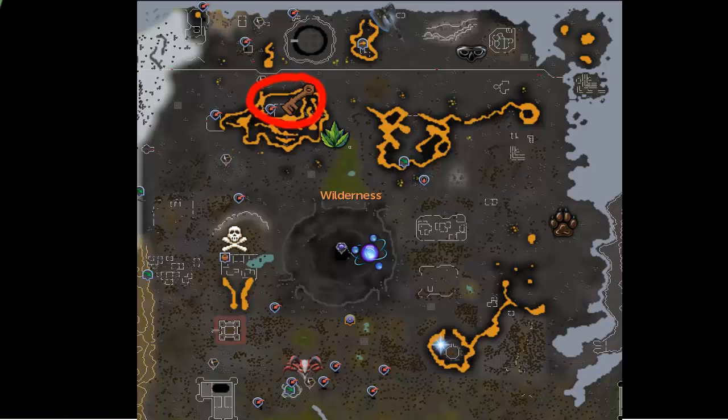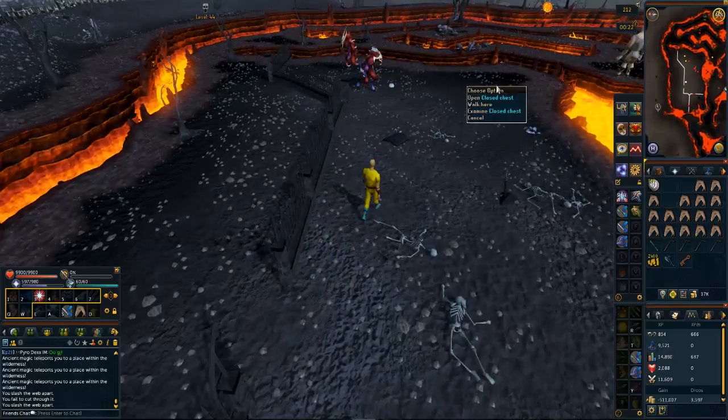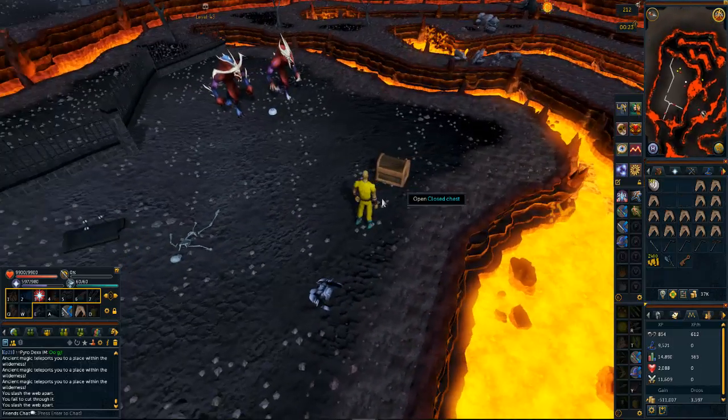Easiest way to get here is to use the obelisk till you get to 44 wild, and then run to the southeast and get into the lava maze. With this update, they have also buffed the loot from the muddy key chest. So now that I got my muddy key from the axe hut, I went and tried my luck at the